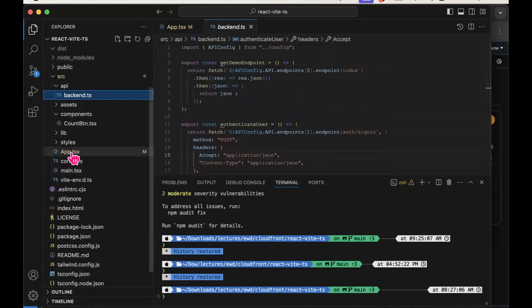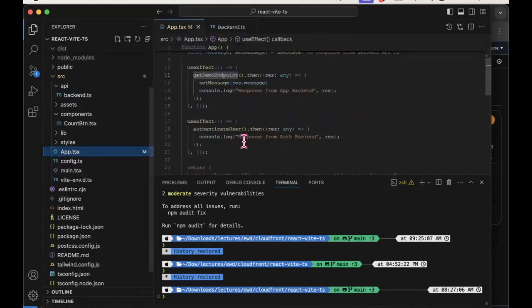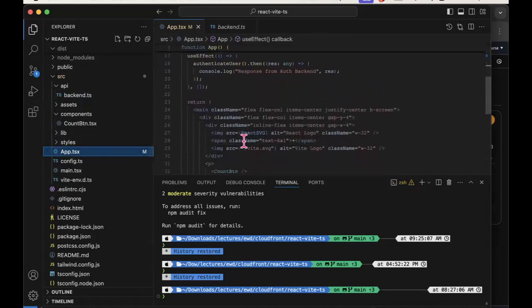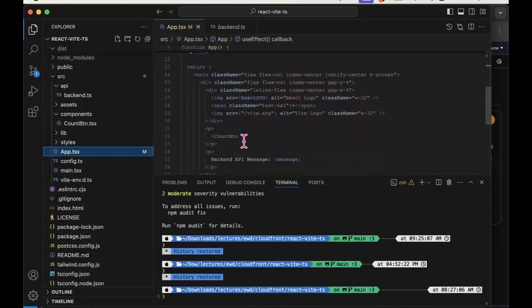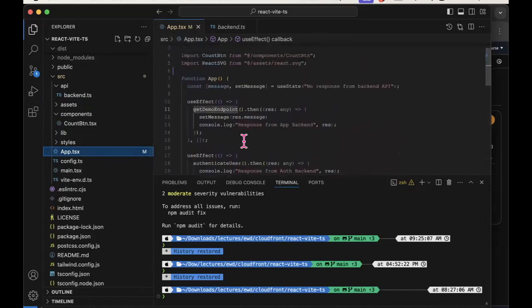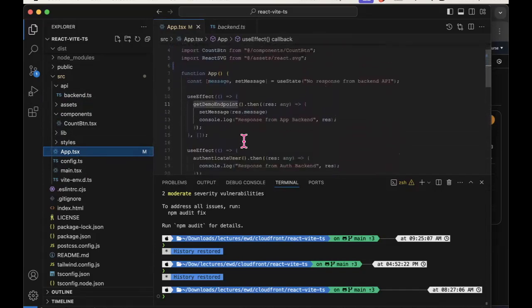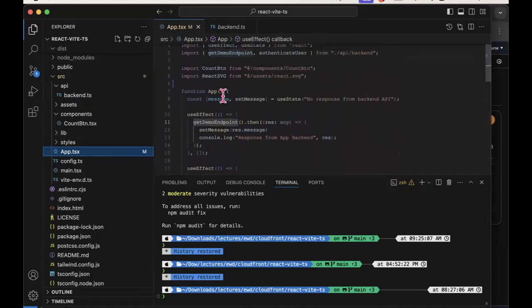Well, the only way I can prove that it works is in the actual page that's being displayed in the browser. Sorry, let's go back up to here. I'm just using a state variable to hold the message that will be returned by my app API. And the message should be,